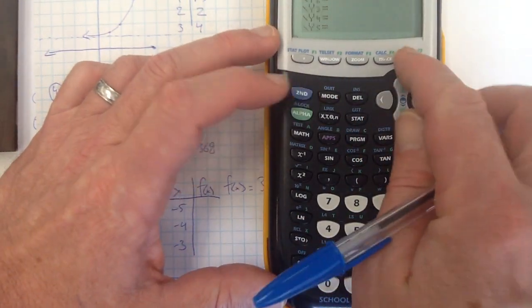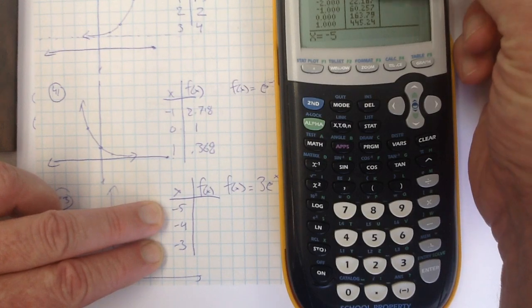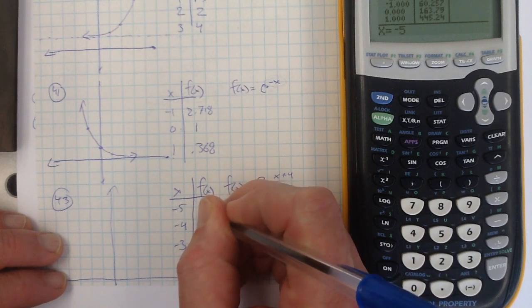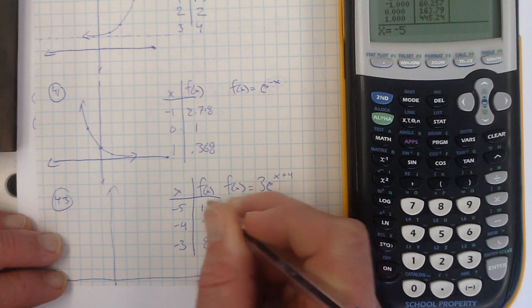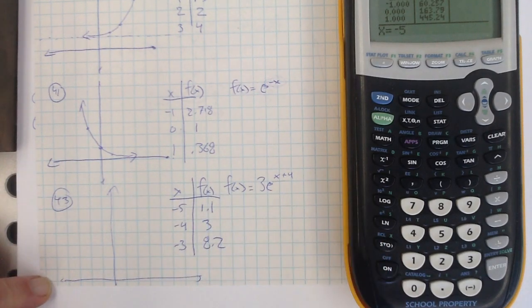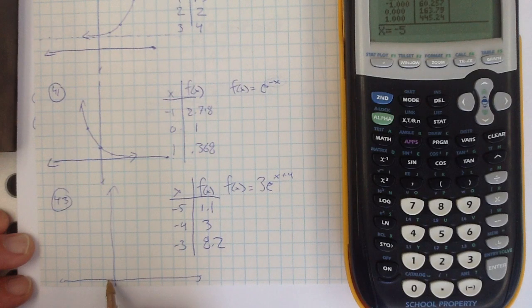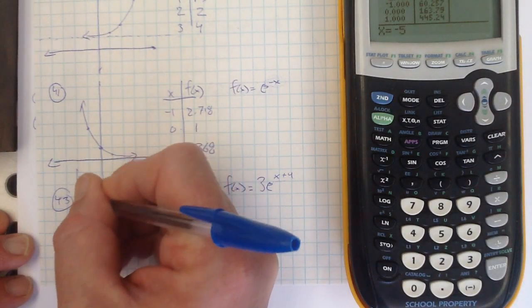Looks good. Going to go to my table, and I want the negative 5 through negative 3 there. So it looks like I've got 1.13 and 8.2. For graphing purposes, I can't do better than the nearest tenth, so that's why I'm rounding to those. So let's see. Negative 5, 1, 2, 3, 4, 5 is at 1.1. Negative 4 is 3, negative 3, 1, 2, 3, 4, 5, 6, 7, 8.2. So